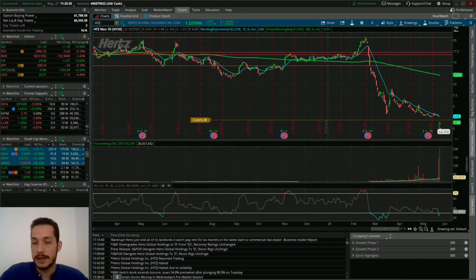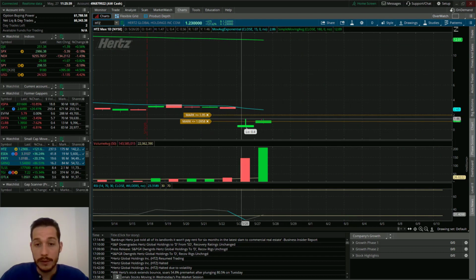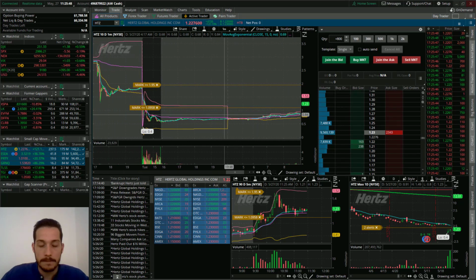One thing to keep in mind, and this is why the 1.5 area was so critical, is because the high yesterday was 1.46. So I didn't really think we'd break this high too much. We did by a few cents. So that was kind of a cool move. And yeah, so